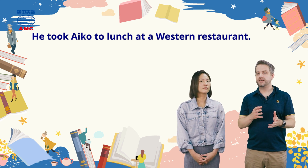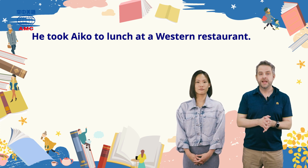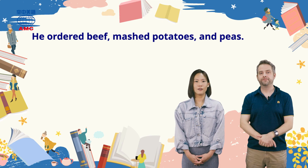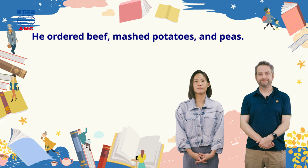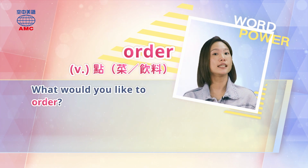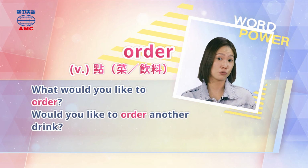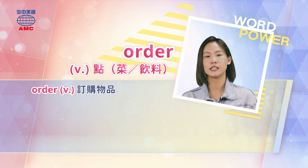So there's a lot of variety, very different food styles, but knives and forks are used in pretty much all of them. And next we see that he, again, great uncle, ordered beef, mashed potatoes, and peas. OK，那我们现在先看看这个 order 这个动词要怎么样去解释咯。Order 在课文当中当动词用，代表点餐、点菜或是点饮料。What would you like to order？你想要点些什么呢？服务生可能会这样问你，或者是呢，他会问你说 Would you like to order another drink？你想要点下一杯饮料吗？那另外 order 也可以当作订购物品来解释。For example,